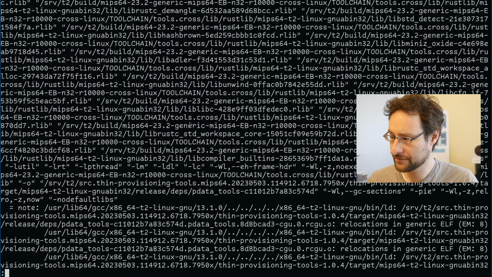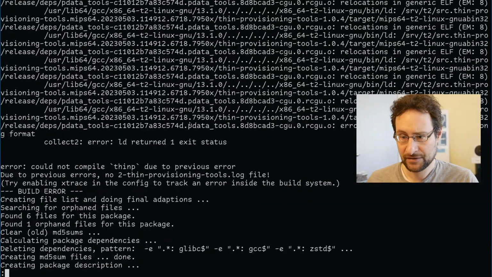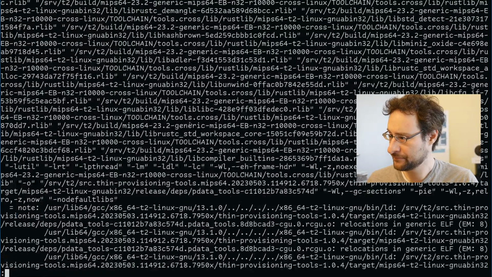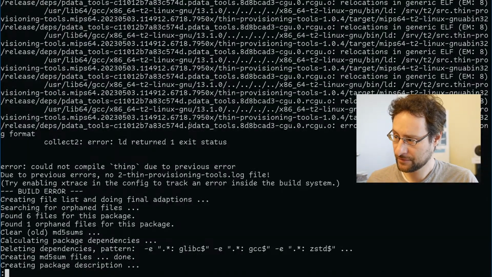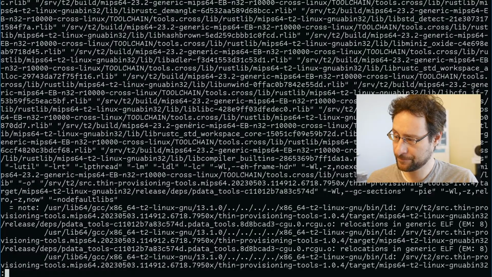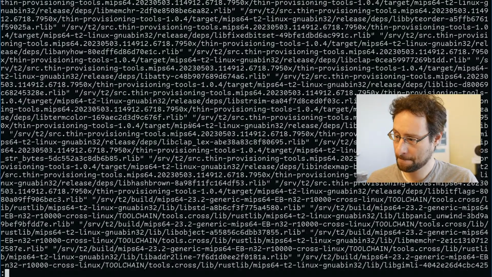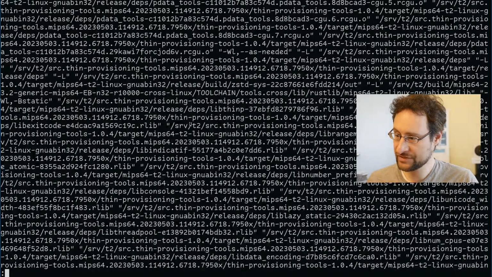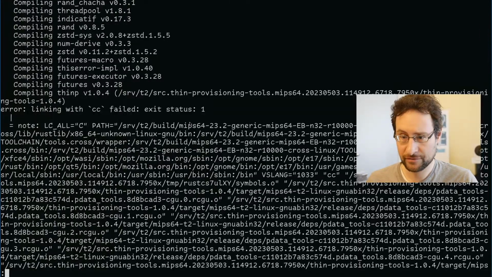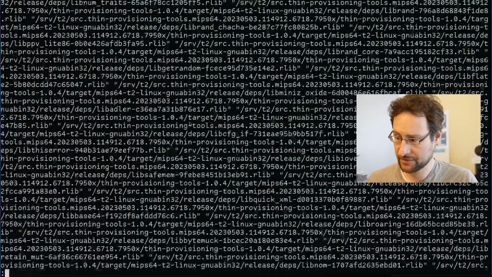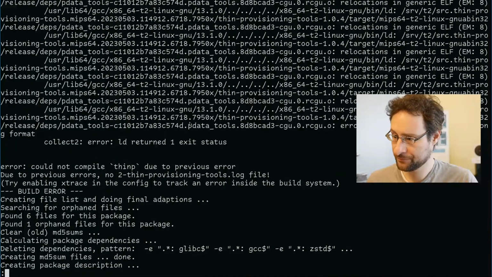File in wrong format, that is, wait, why is this strange? Rust itself did work, and this doesn't? This has the same issue now. How is it possible?